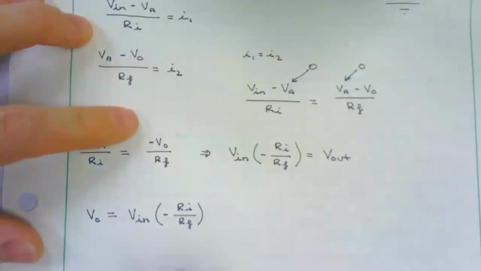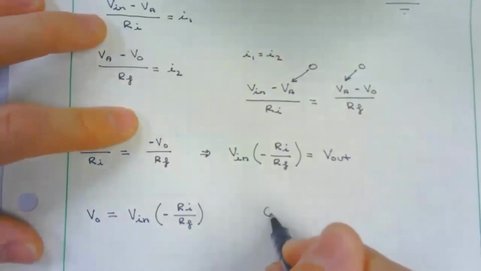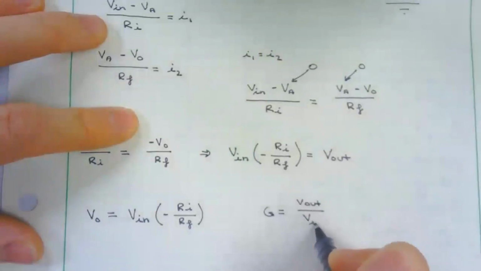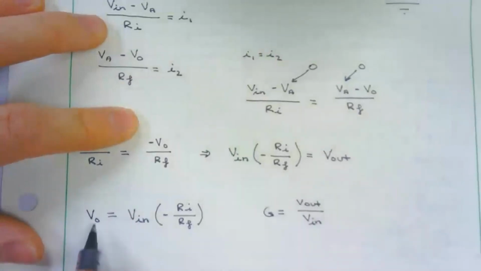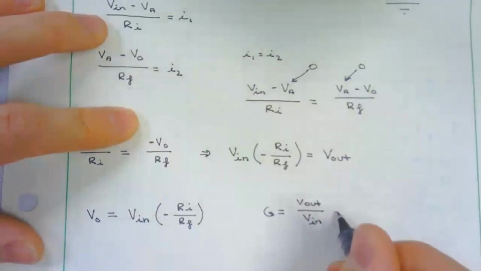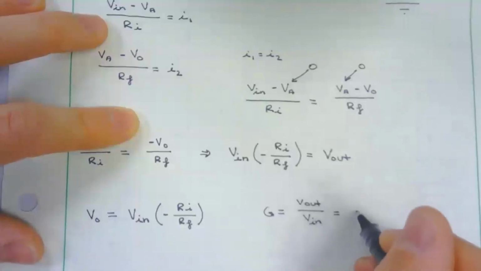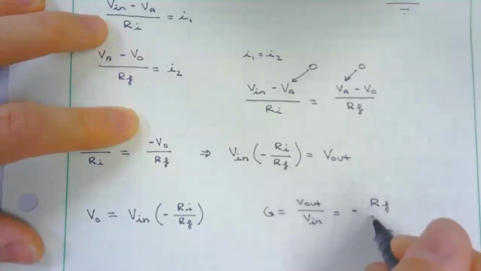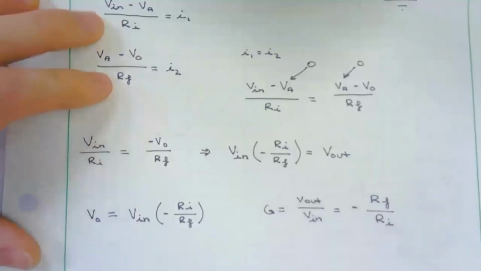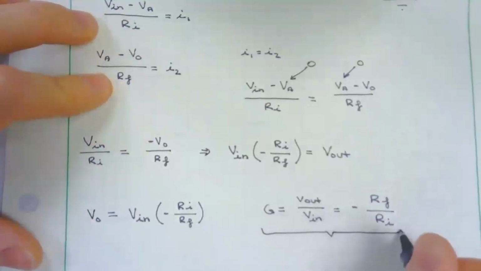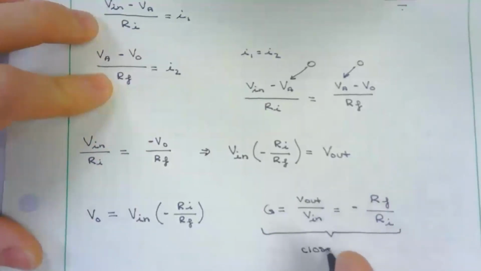And now, if you remember our closed loop gain, G equals Vout over Vin, in our case, Vo over here. So we can just divide Vin over. So Vout over Vin equals negative Rf over Ri. Therefore, we have found our closed loop gain and our